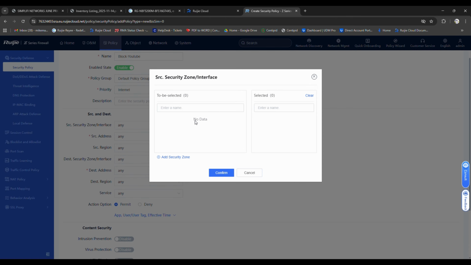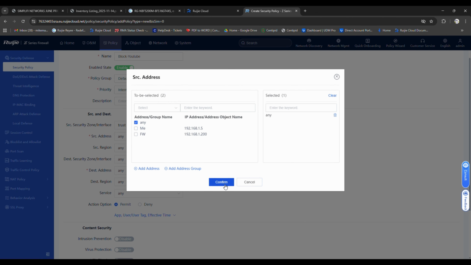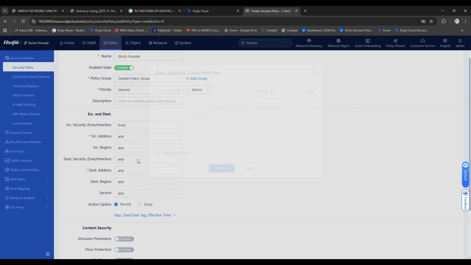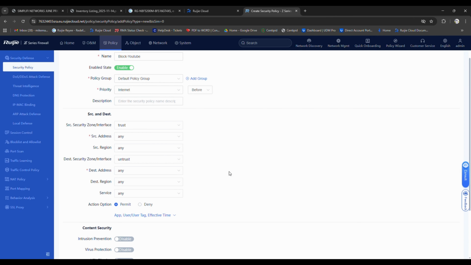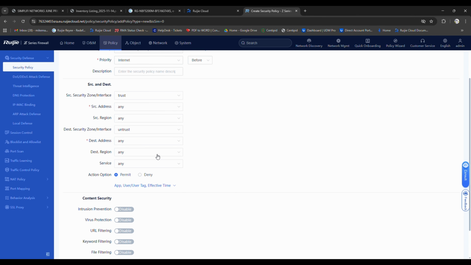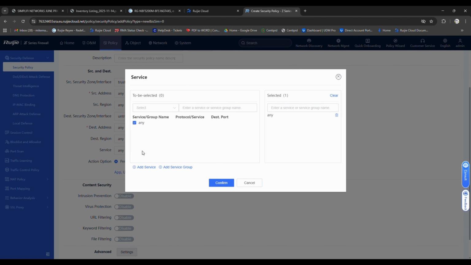So the source security zones. Okay, let's call it trust, because people are accessing YouTube from my local network. Okay, any region, does not matter. Destination and trust. So this is people accessing YouTube, which is outside on the internet. It's on the untrust zone. Destination address is any. Okay, so service is any. Okay,